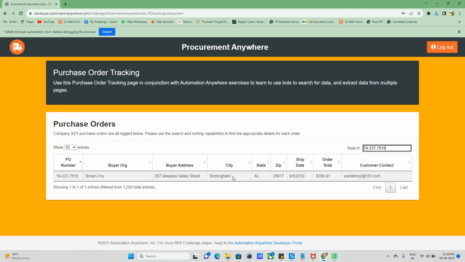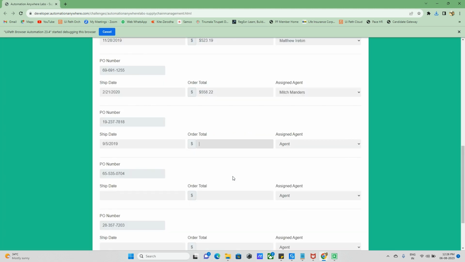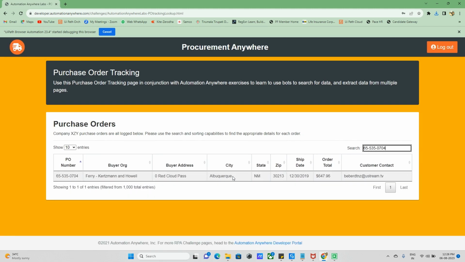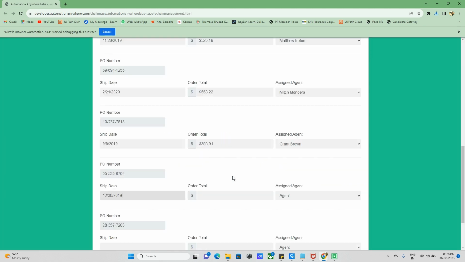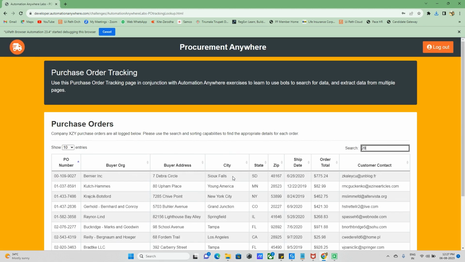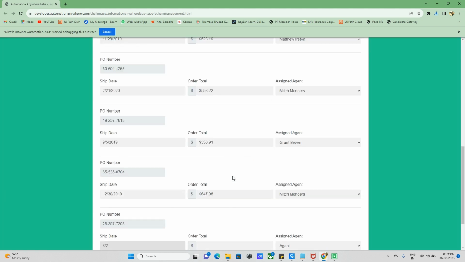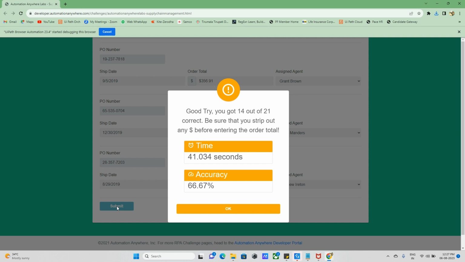So we need to wait for some time. Okay, and each and every PO has some individual assignment IDs. So it's updating as per their requirements. And it clicks on submit, and I don't know why this accuracy is 66.7 and it's